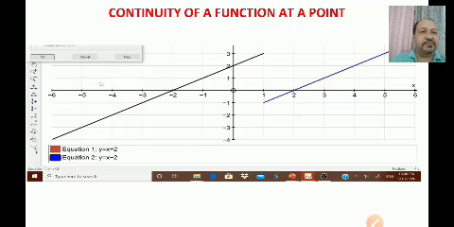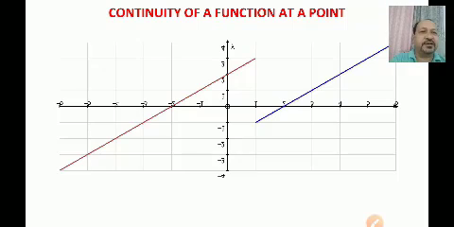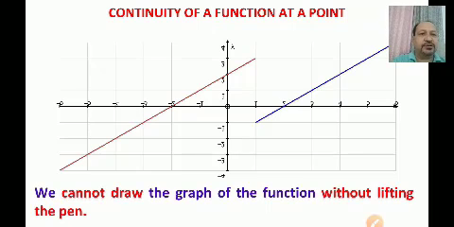Continuity of a function at a point. As you see in the graph, the definitions of both lines are changing at x equal to 1. So its continuity is breaking at x equal to 1. We cannot draw the graph of the function without lifting the pen. At x equal to 1, both lines are